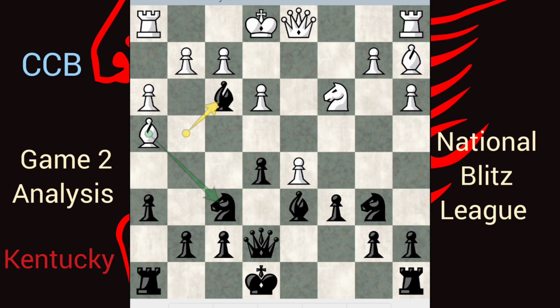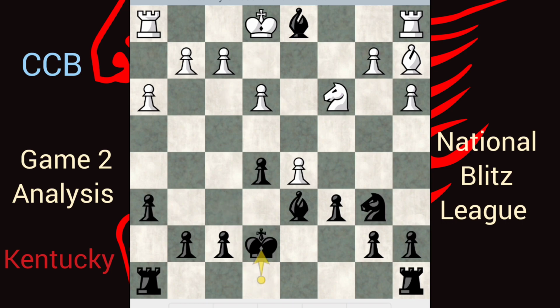Bishop takes f3. The line goes bishop takes f6, bishop takes d1, bishop takes e7, king takes e7,